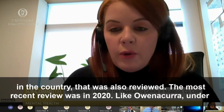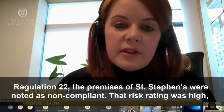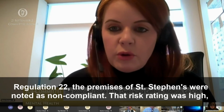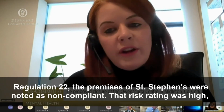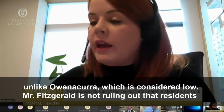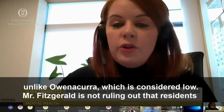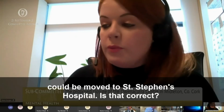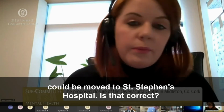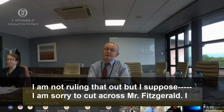And unlike Owenacurra, under Regulation 22, St Stephen's premises was noted as non-compliant, but that risk rating was high, unlike Owenacurra, which was considered low. So you are not ruling out that residents will be moved or could be moved to St Stephen's Hospital? Is that correct? You're not ruling that out? Oh, I'm not ruling it out, no, but I suppose just...